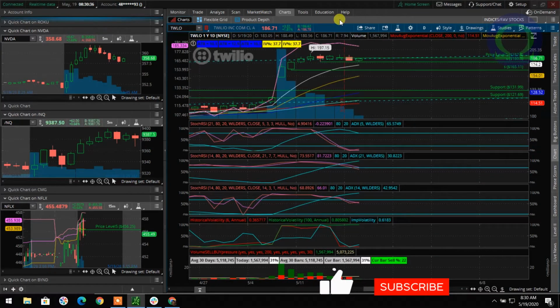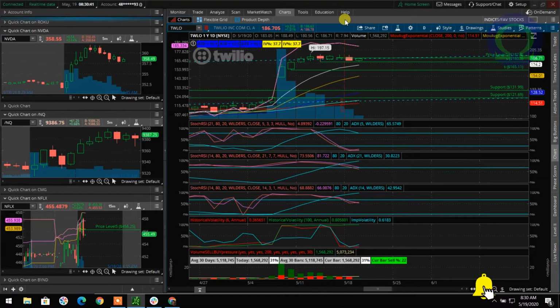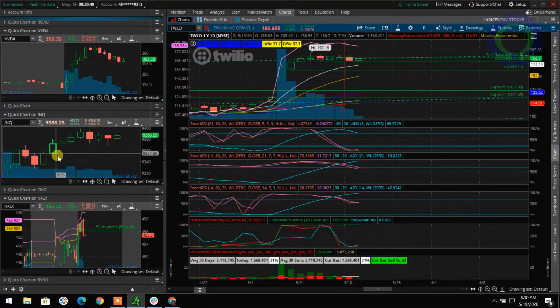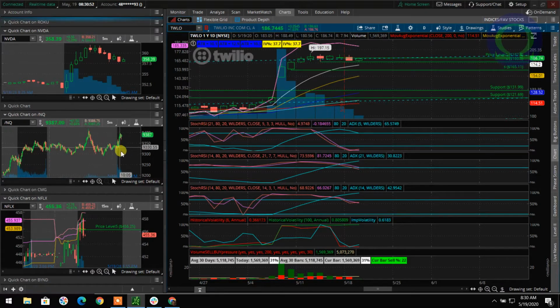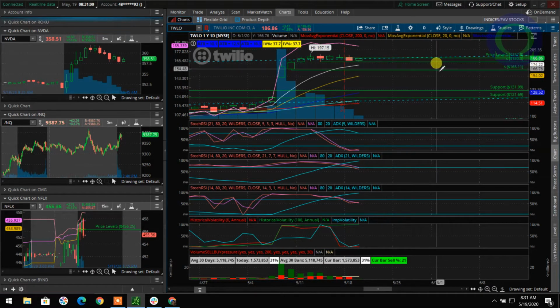Alright, so our next one here is TWOU, and we're looking for a break of 180.30. Again, this is triggered for a reversal to the downside. We're in a bullish market at the moment, but it does look like we're looking for a turn here. You can see the NASDAQ is starting to come down on a 5-minute chart. We see a nice base right there, so we really need to get through that base before we can get any confirmed bearish sentiment. But TWOU, triggered for a reversal to the downside, 180.30 is that area we're looking to break